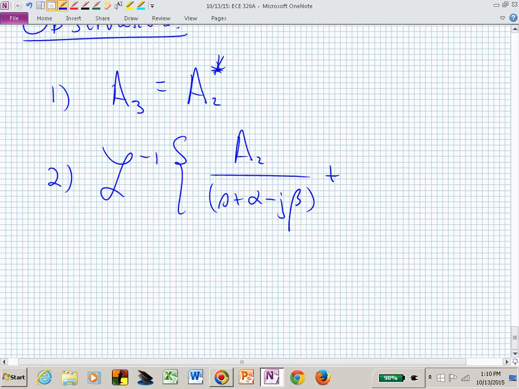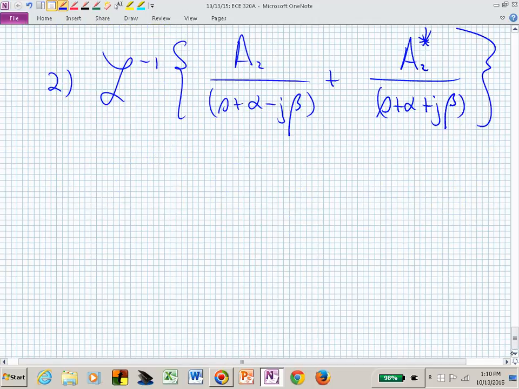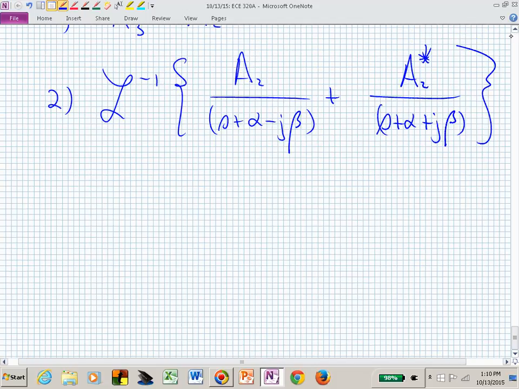Minus alpha plus j beta. That's in the second quadrant. So a sub 2 is in the right spot. Here is a sub 3, but I'm going to just call it a sub 2 star, or a sub 2 conjugate. This one is s plus alpha plus j beta. That's in the third quadrant. And what did we learn? Well, if we wanted to inverse Laplace transform that, that's just 2 times the magnitude of a sub 2